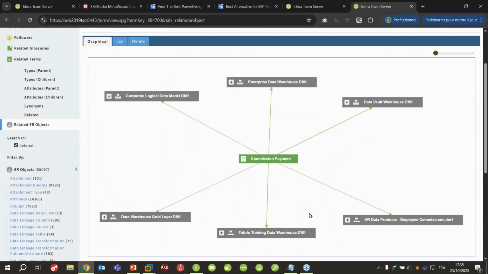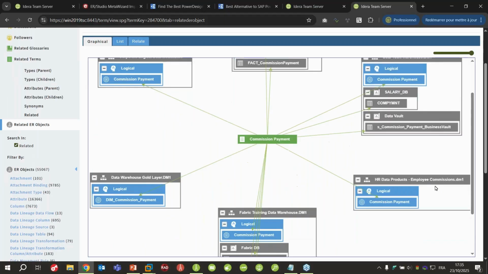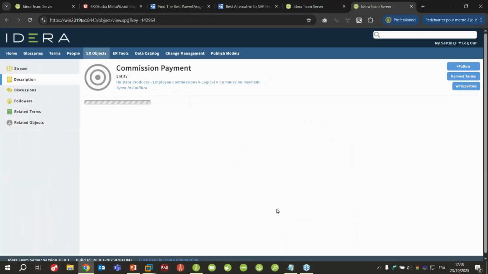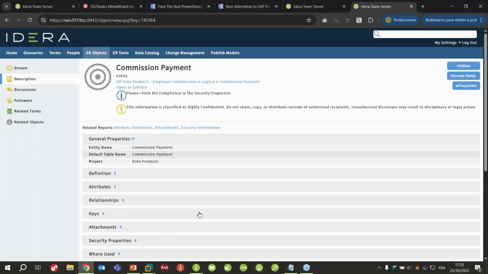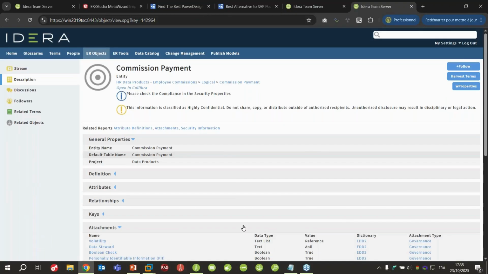I can see directly from my term that this term is related to all these different projects, and I can view that it is also available in a specific data product. I can navigate to this data product. I can view it in my Fabric environment and so on that I have documented, and I can view, as we were seeing, different information, with some security information if you want to put it on your different objects, with some warnings and so on, and the integration with data governance solutions and so on.